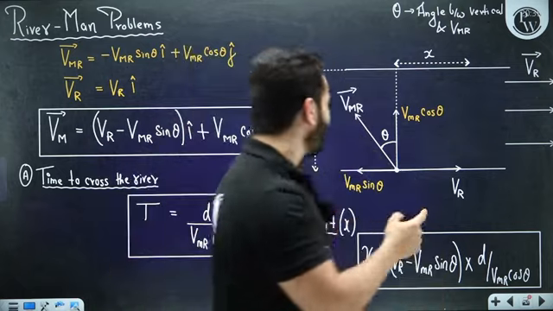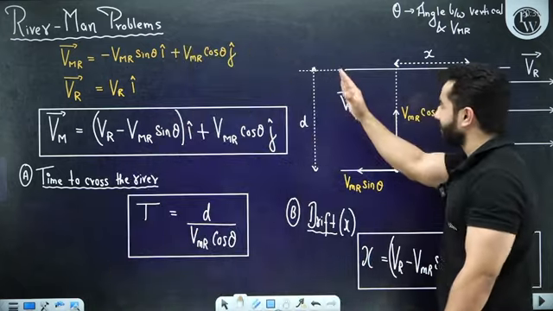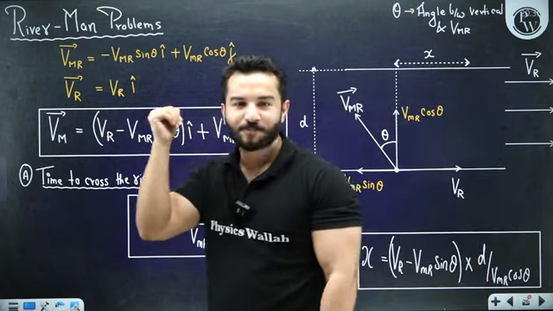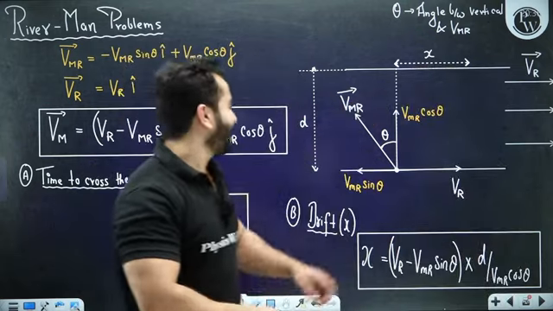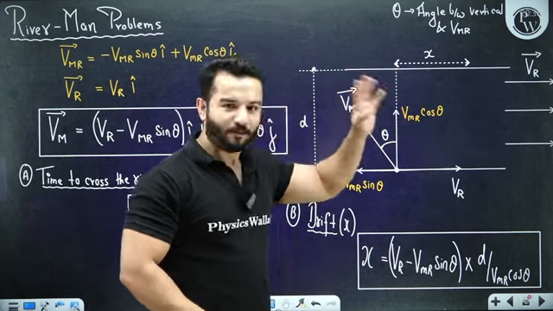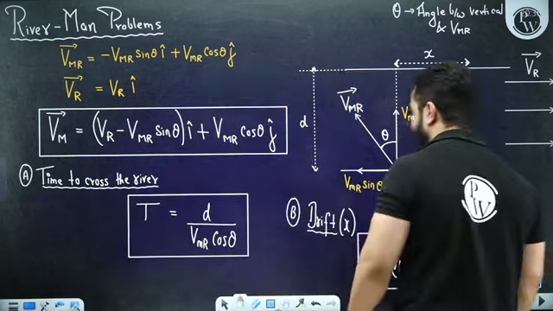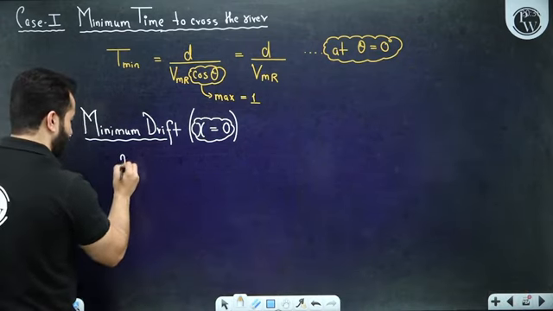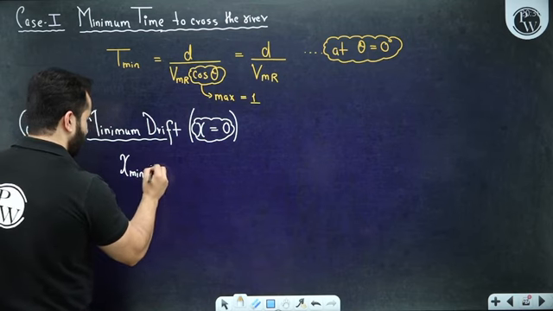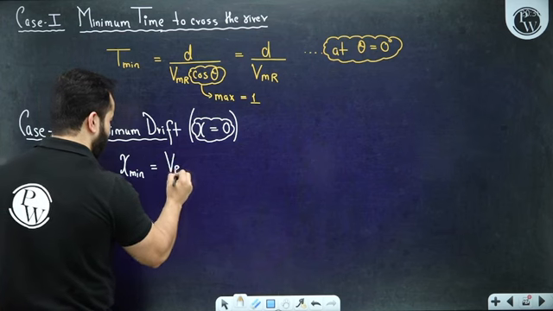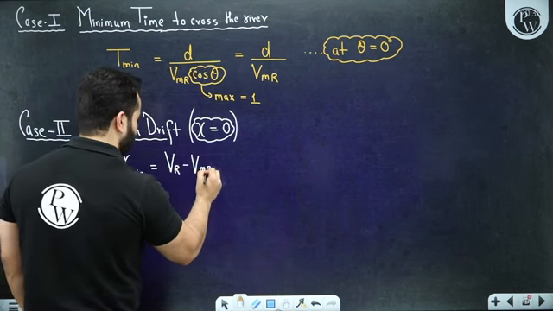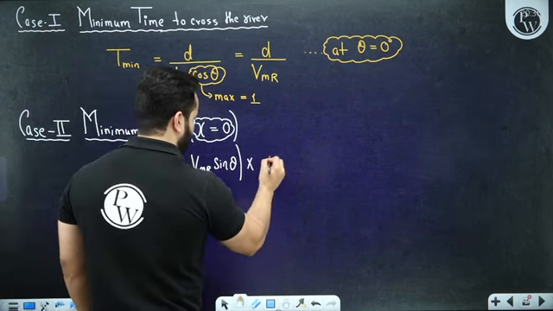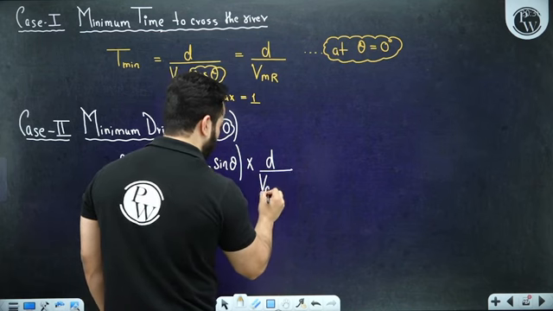Obviously at that point the man will try to move at a certain angle, because the velocity of the river will also get added, and then the person will be able to reach this point, which is going to be the minimum drift case, right? So pardon me for that. So for minimum drift, if X should be minimum, this was minimum when (VR minus VMR sine theta) times D upon VMR cos theta